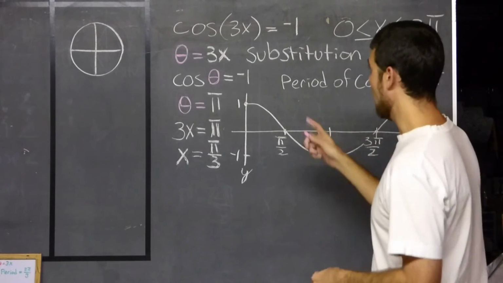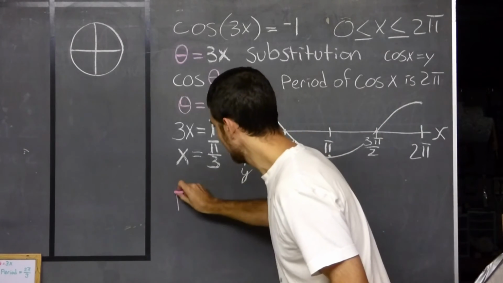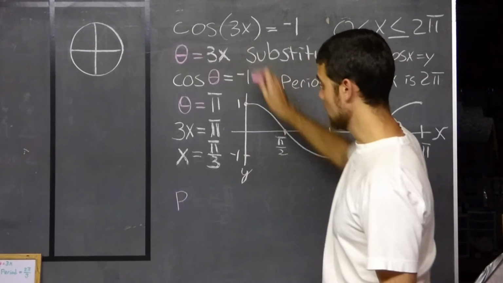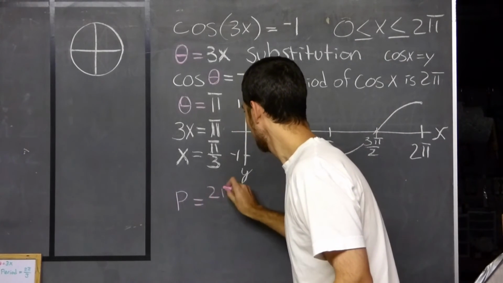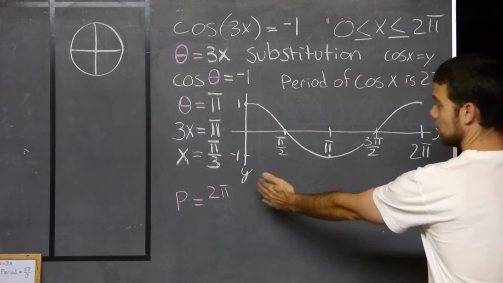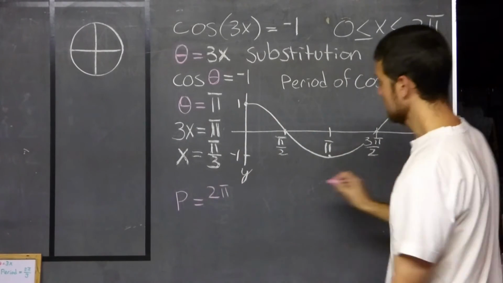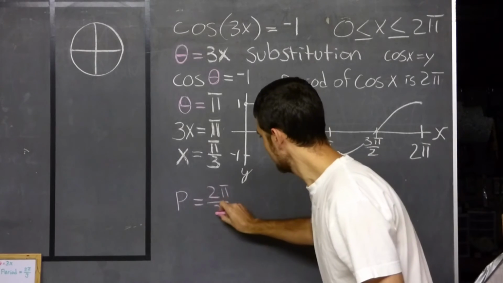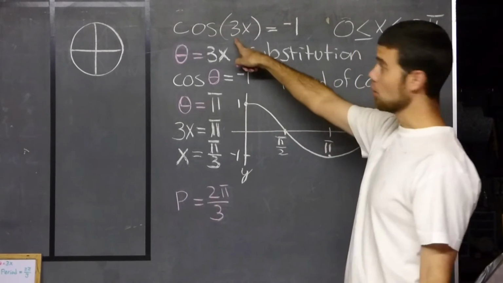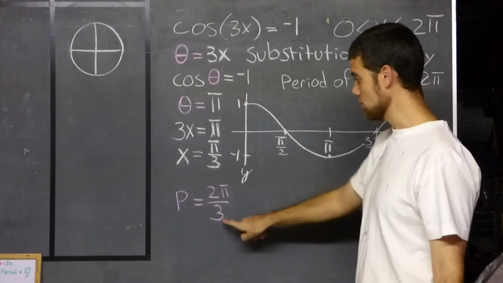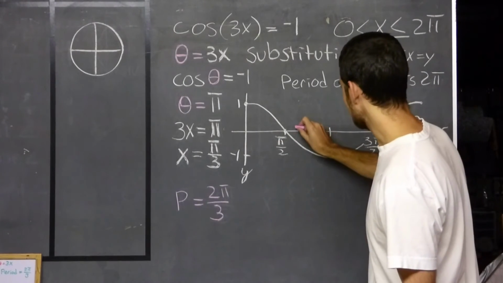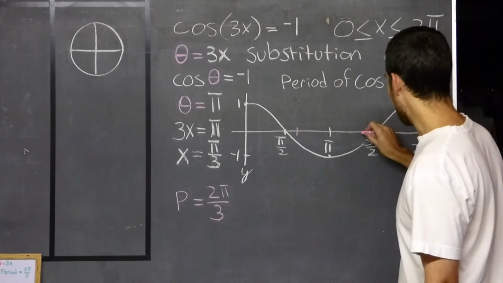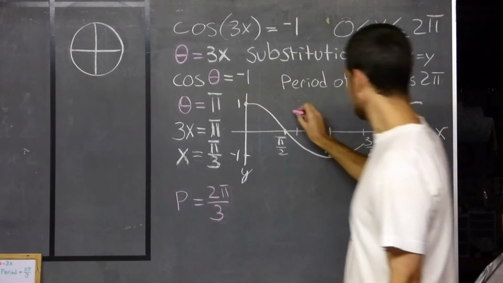So, the period for cosine of 3x is going to equal the period of the parent function, 2 pi, divided by the coefficient on the x term, which is 3. So, at 2/3 pi, which is about here, and at 4/3 pi,